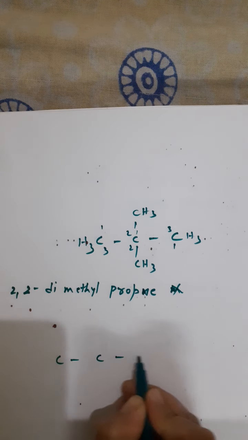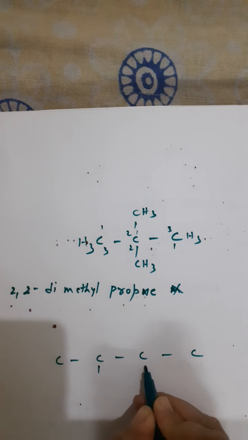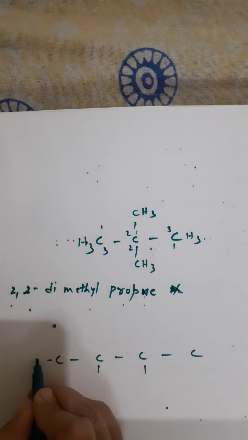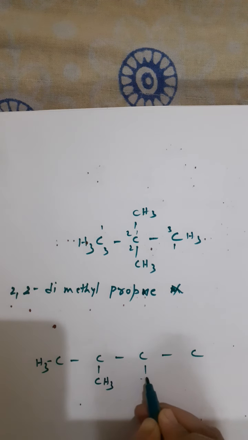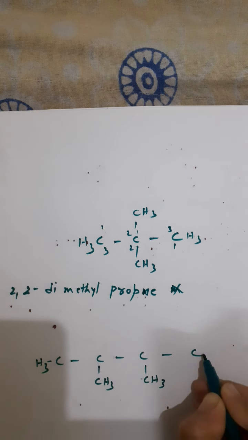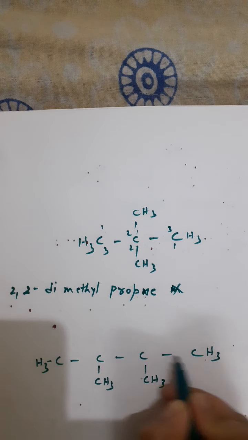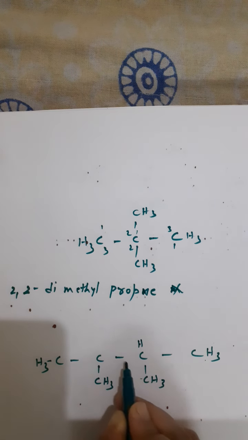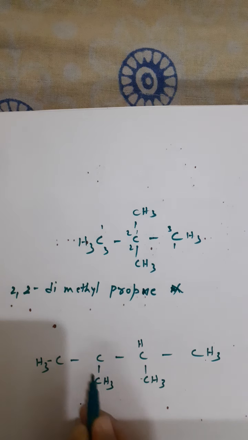So let me just take one more example. 1, 2, 3, 4. So this is CH3. There is a methyl group here, another alkyl group here, and there is this methyl group, hydrogen satisfied. Here also, how many, children? 1, 2, 3. Already 3 bonds are satisfied. Thus, this is another hydrogen. Similarly, here as well, one more hydrogen.